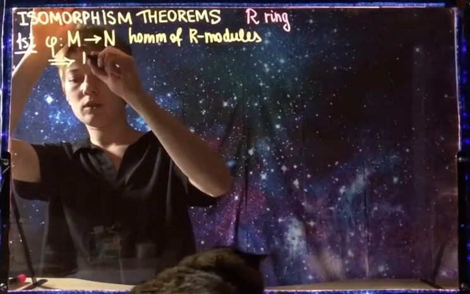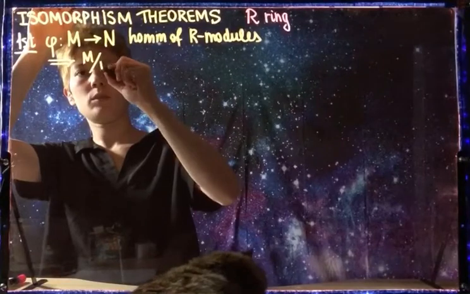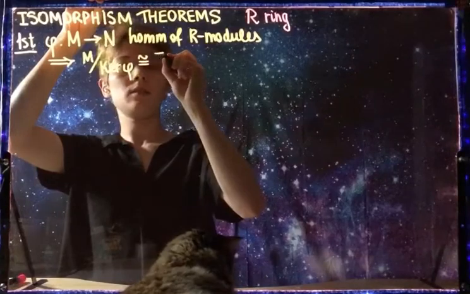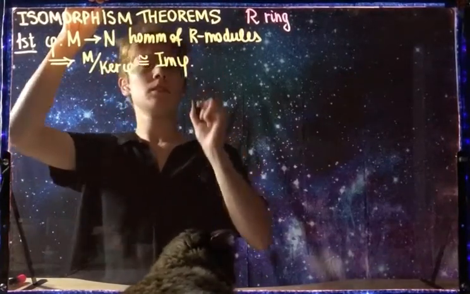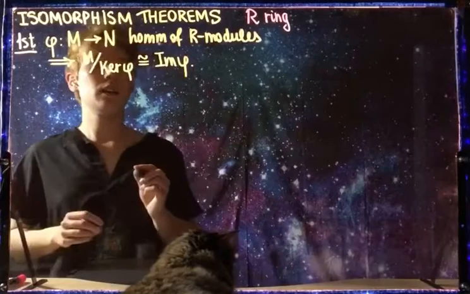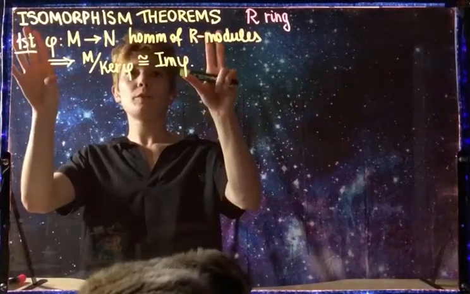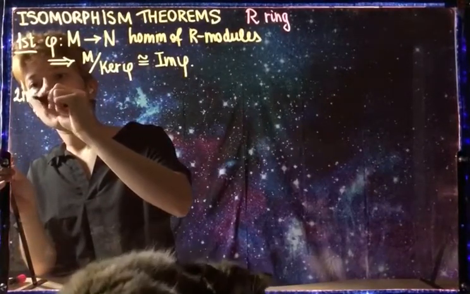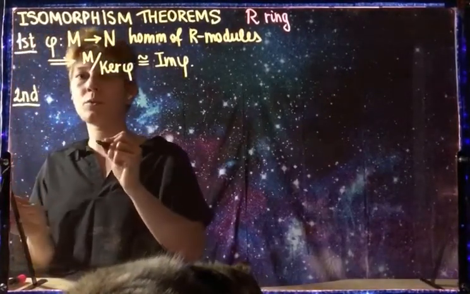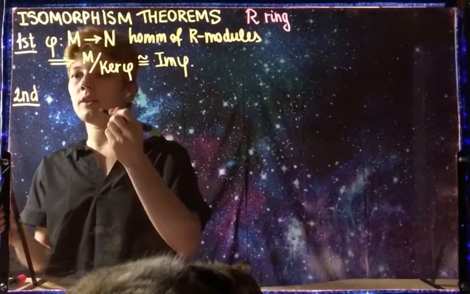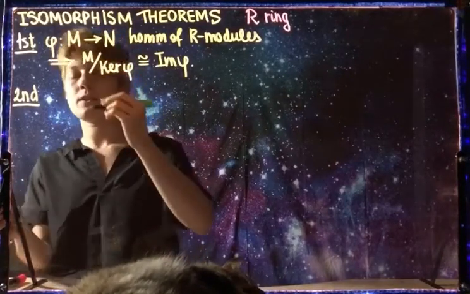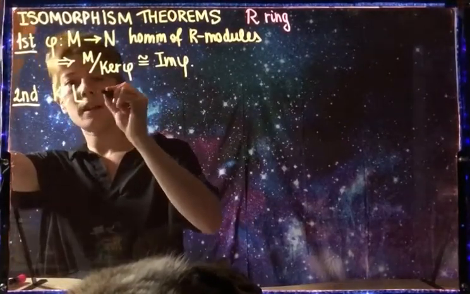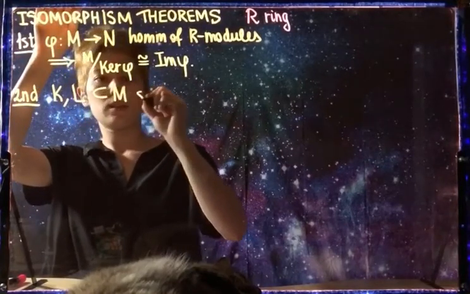So co-image is M factor by the kernel of phi is isomorphic to the image of phi. And this is basically one isomorphism theorem to rule them all. The second and the third isomorphism theorems are analogous to the ring case, and they are also proved by applying the first isomorphism theorem. So the second isomorphism theorem says that if we have K and L, two submodules,